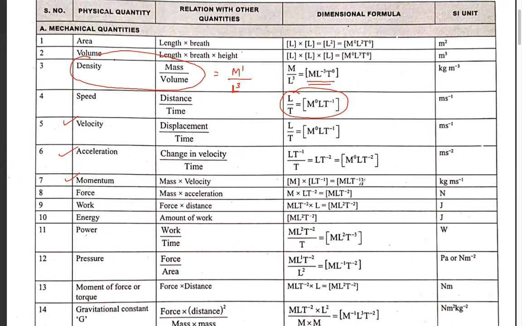So this will be M1 L1 T minus 1. Similarly, force, work, energy, power, these are all relations which you see and then find out. For example, work done is force into displacement. Force is M1 L1 T minus 2, and then you multiply it by displacement, that is L. The dimension for displacement is single L. So this will become M1 L square T minus 2. So these are the relations which you need to go through and understand.